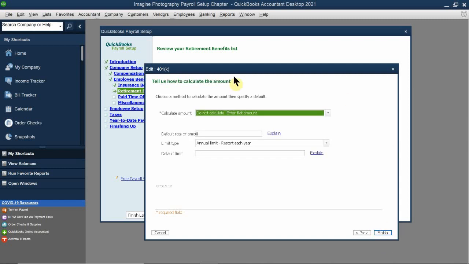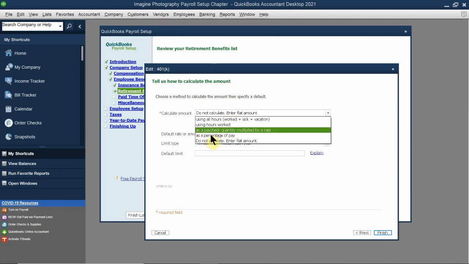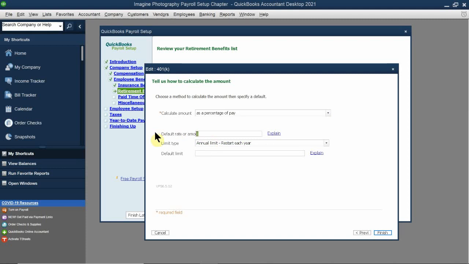Okay. And then now it says here, do not calculate. It's going to be as a percentage. And this time, my employee can choose up to 4% of their paycheck. Again, this is adjustable on an individual basis. If a person does not want to contribute that much to their 401k, again, you can modify that on an individual basis. Actual limit restarts per year, and this time the limit for an employee to contribute to